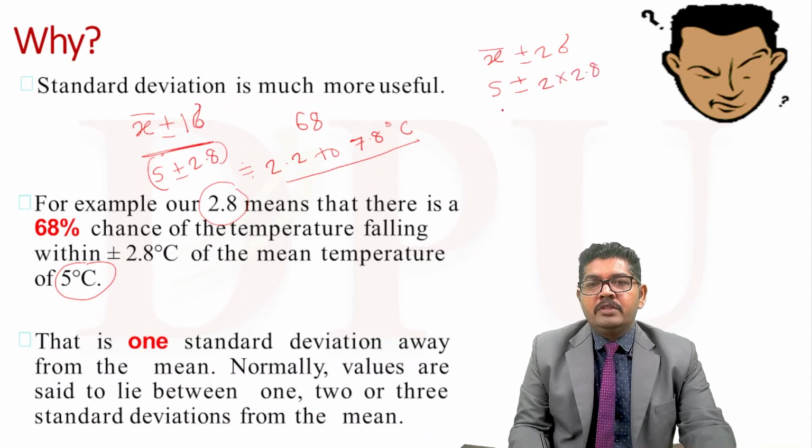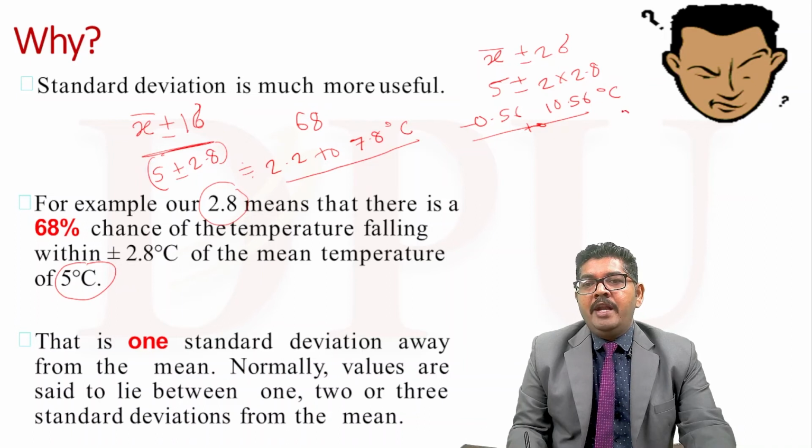This will give us a bigger range. 2 multiplied by 2.8 is 5.6. So 5 minus 5.6 will be minus 0.6, and 5 plus 5.6 will be 10.6. So in this range from minus 0.6 to 10.6 degrees Celsius